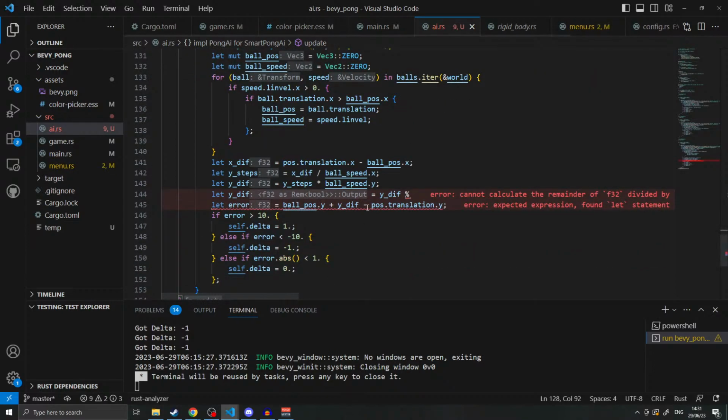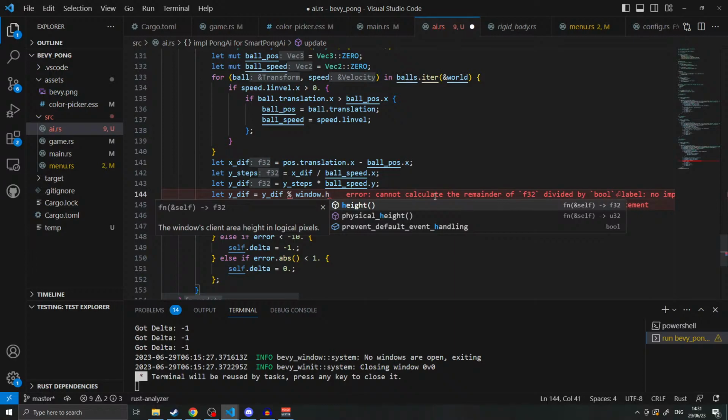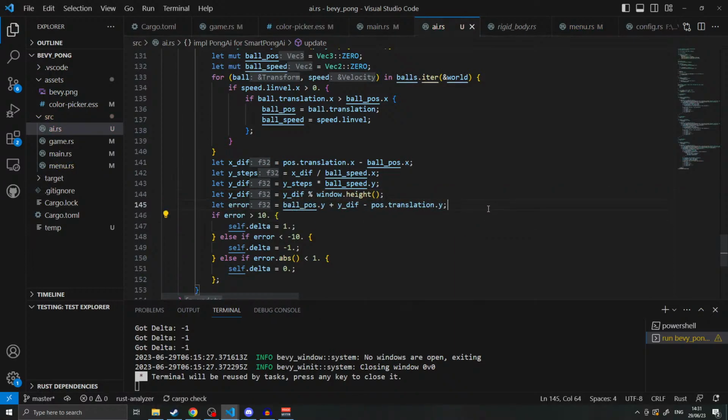Okay, so now we have the window, and we say that this is modulo window dot height. Why modulo with the window height? Because partly it'll give the player a chance, because it's not 100% analogous with the height of the actual game, which means that theoretically enough up and down bounces and the AI will be slightly confused. But the idea is that you take the y diff and you modulate by the window height, and that should